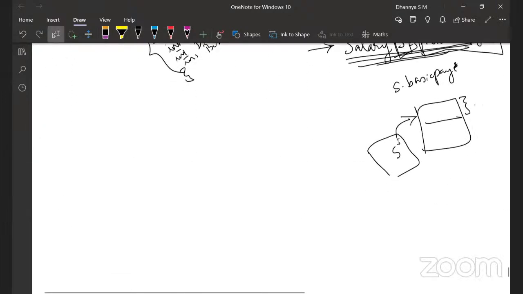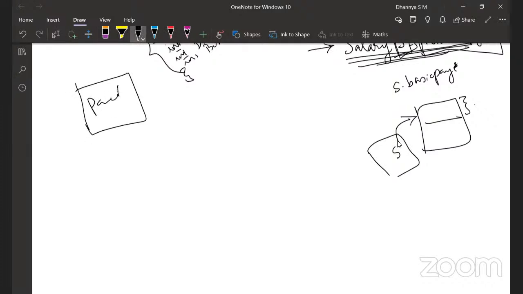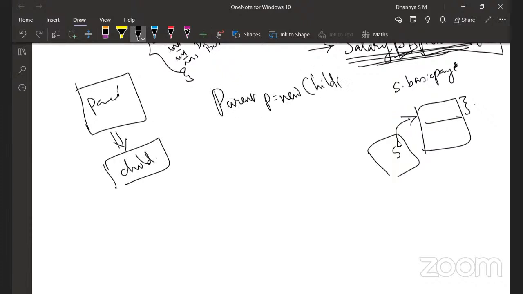This is slightly important because in the case of Java, you have a concept called inheritance. Inheritance is where there is some basic type. I will explain this again in the next class, maybe I will not have time today. There is some parent class, which the child class is inheriting from. So Parent P equal to new Child is something you can do in Java. So this is why I keep telling you to be specific.